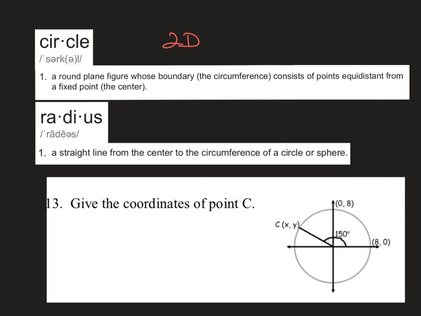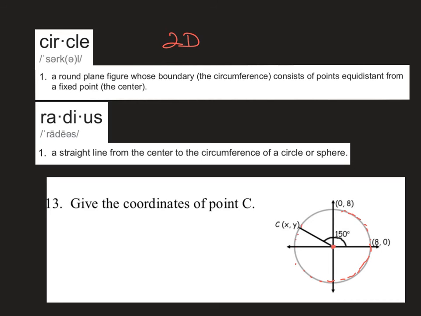But perimeter is reserved for polygons, and this is not a polygon. So it gets its own special term. The distance around is the circumference. So the circumference is the circle, right? These points that make up the circumference, they are all equidistant from where? From the center, right? So what makes a circle is that it's this collection of points all the way around